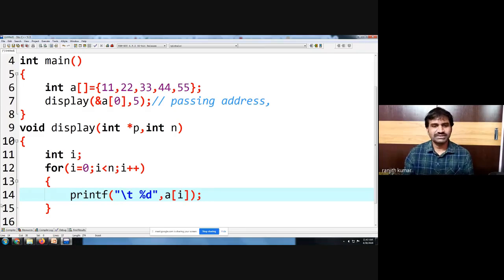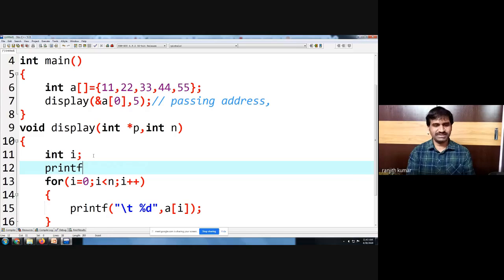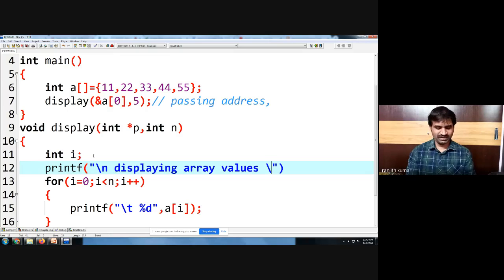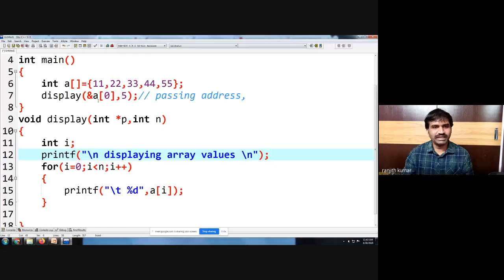Are we clear? So here you are printing the values of the array using a parameter. You are displaying the array values. Please observe the function. Here we are passing a starting address.